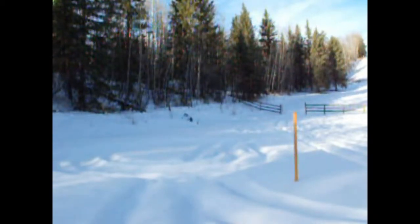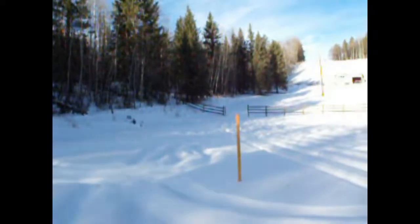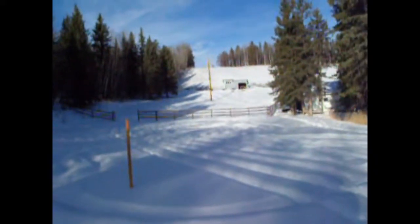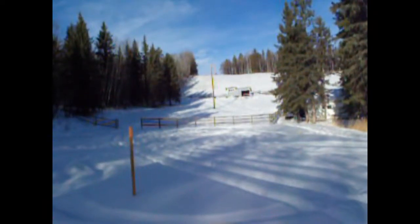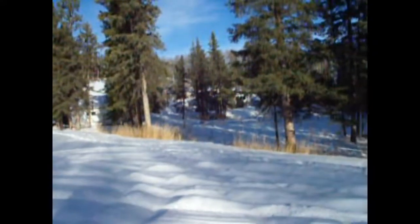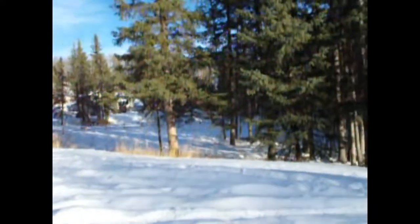So now we're in, I don't know, the second or third horse pasture. Our land goes up and over that hill where you see the cut line, and our property line is to the left of the opening there. We'll pan around here and you can see the studio and the house and